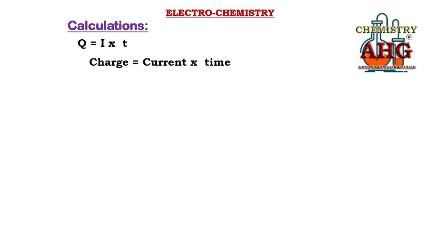And you must also remember in which unit they are expressed in the calculations of electrochemistry. The charge is commonly expressed in terms of coulombs, current in ampere, and time in second. But you must remember that the coulomb is a smaller unit. There is a larger unit of charge that we use sometimes, and it is known as Faraday. Faraday is the larger unit of charge, and it is equal to how many coulombs?